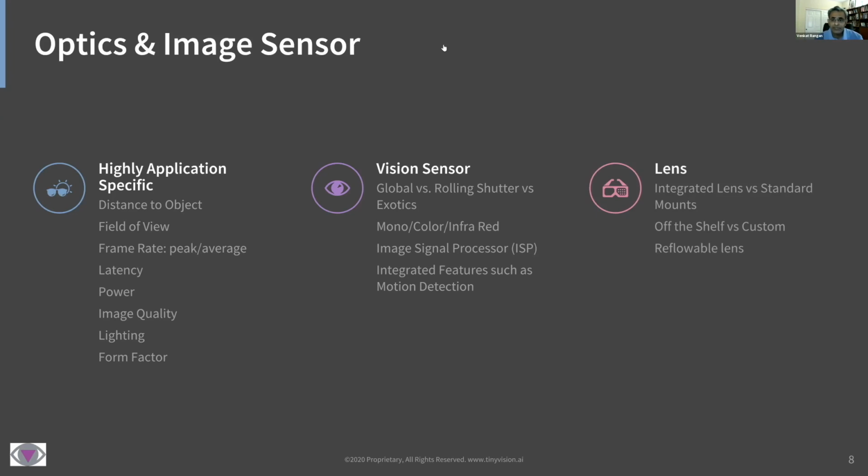Probably one of the least appreciated aspects is the lens. I liken this to a music system. If you have an expensive amplifier and everything else, if your speakers are not good, you're not going to get good sound. The lens is the first interface from which everything starts degrading. So your lens has to be good, and it is something that you really should be focusing on right at the beginning. Do you want a standard lens, off the shelf thing, or a custom one, right?